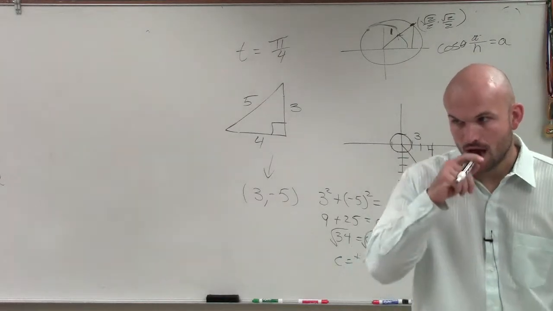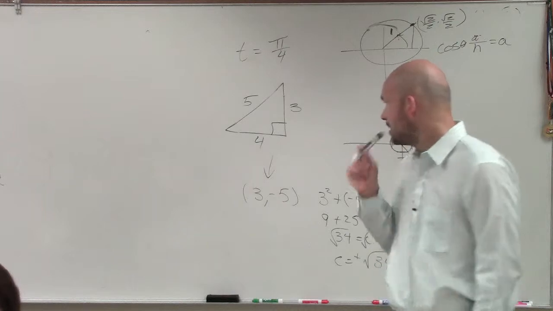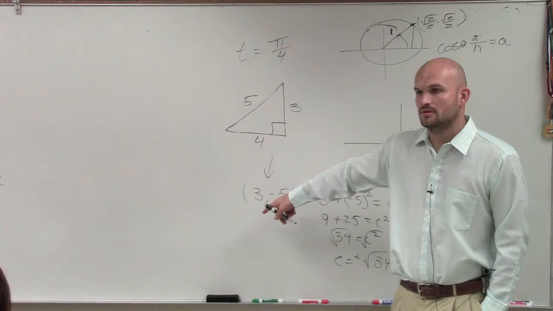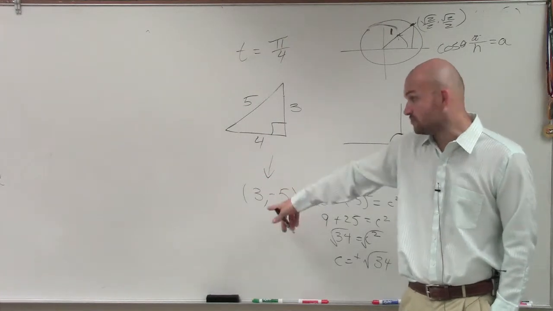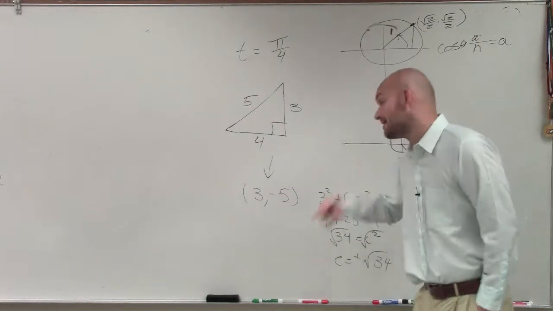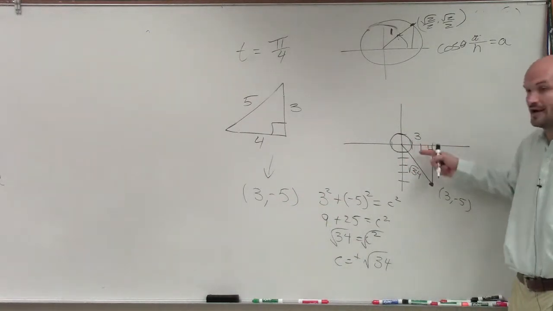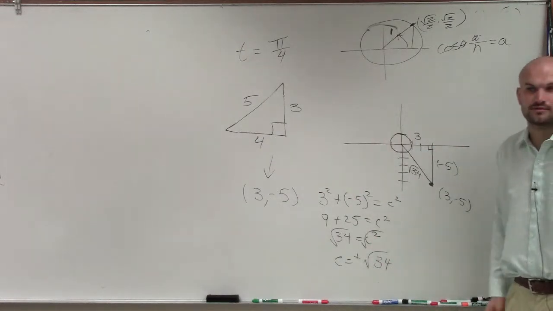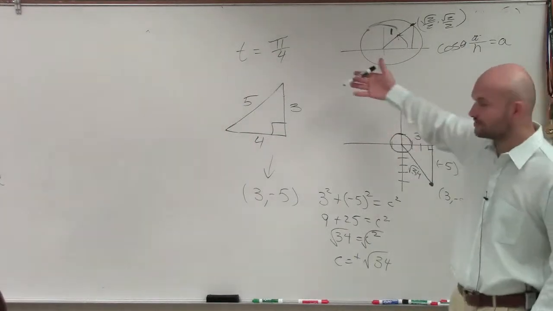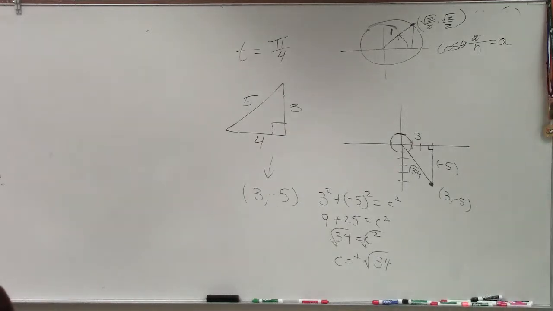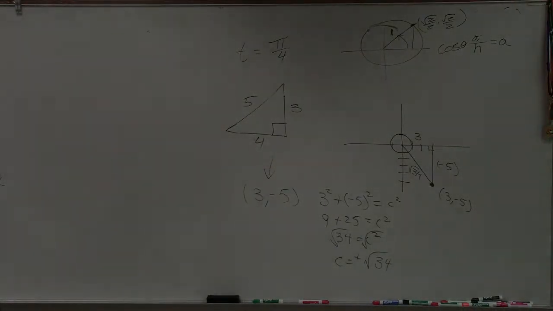Make sense? Yes? Where did you get -5? Like here? It was just that was the point that I gave you. So in your homework and on a test, I'll give you a point, and I'll say, hey, tell me what sine, cosine, and tangent are for that point. And you say, oh, since it's not on the unit circle, I need to graph it, draw the triangle, find the hypotenuse, and then figure out the sine, cosine, tangent. Okay? And just remember, sine opposite over hypotenuse, cosine adjacent over hypotenuse, tangent opposite over adjacent, cosecant hypotenuse over opposite, secant hypotenuse over adjacent, cotangent